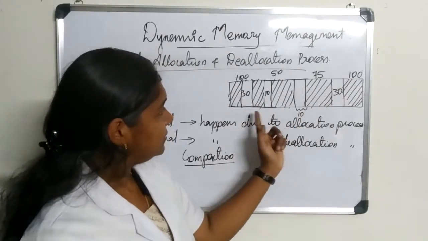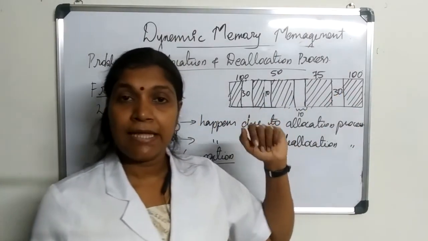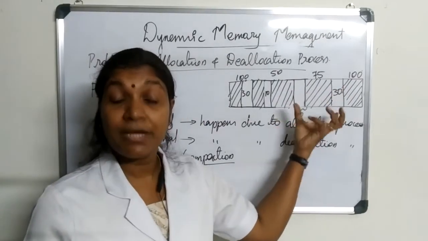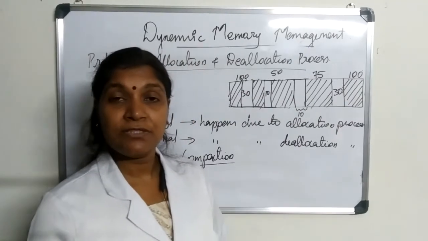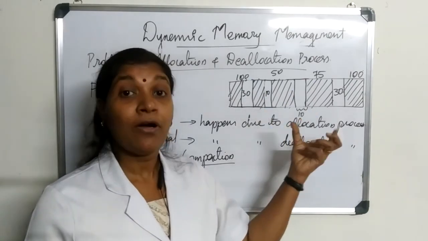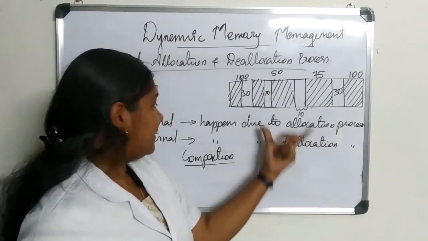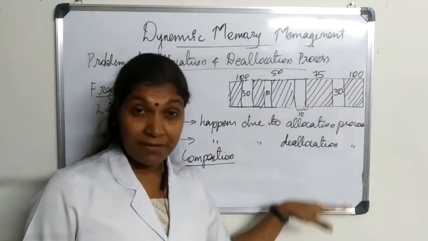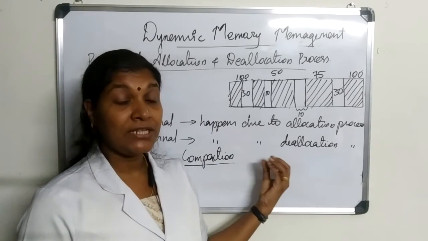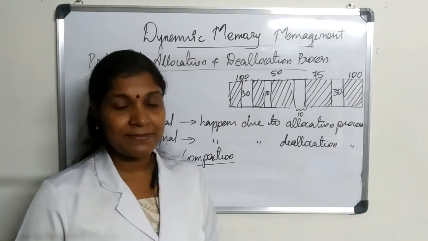If we combine all this memory here itself, then 40 plus 50 plus 30 is 80. So a total of 80 bytes of memory is combined together. So if a request of 70 bytes comes, even then the system can satisfy that request, because a single block of 80 bytes is available. With the help of compaction, the level of internal and external fragmentation can be reduced considerably. So these are the concepts: internal fragmentation, external fragmentation, and as a remedy for these two problems, the method of compaction. I hope these concepts are clear. Thank you.